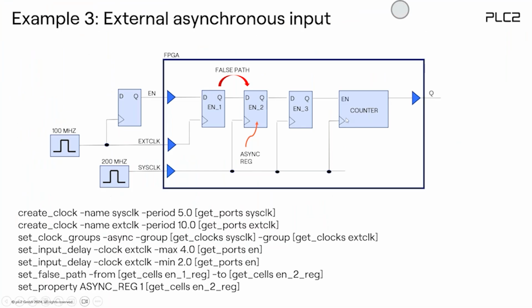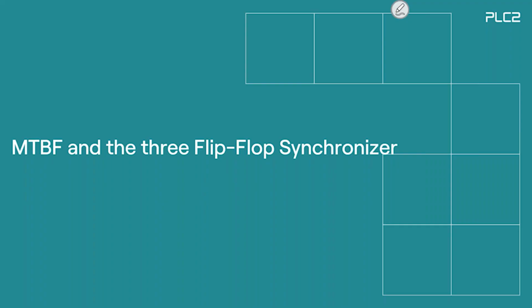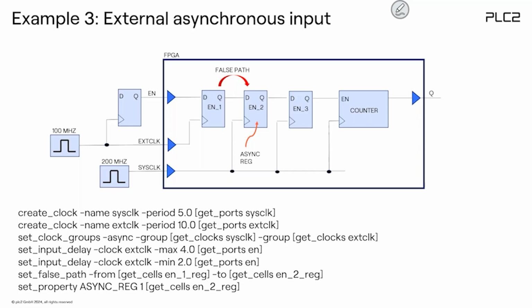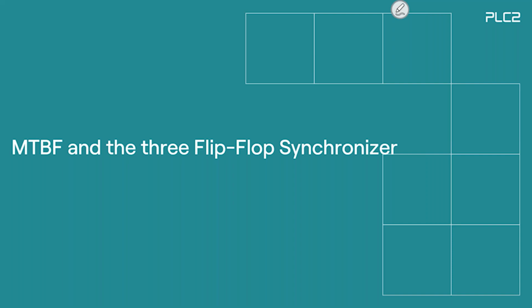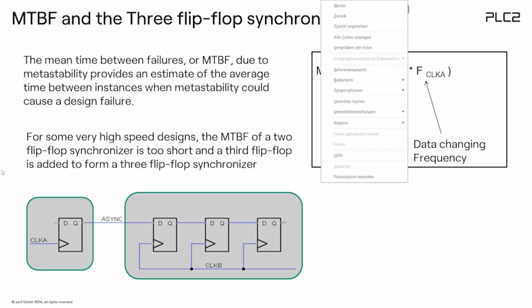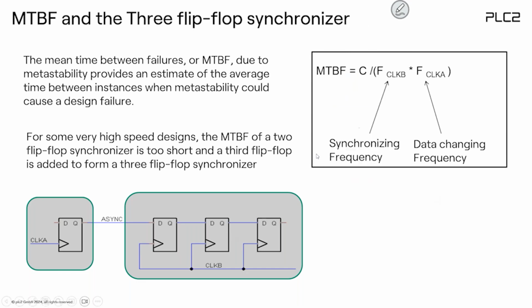Okay, so that was just to show you how you actually check your design. This means two stages, okay. Now let's go to the 3-stage. Sometimes a 2-stage synchronizer is not enough. We need 3. Why? It has to do with the MTBF, mean time between failures. Because if you look at mean time between failures, its dependency on the